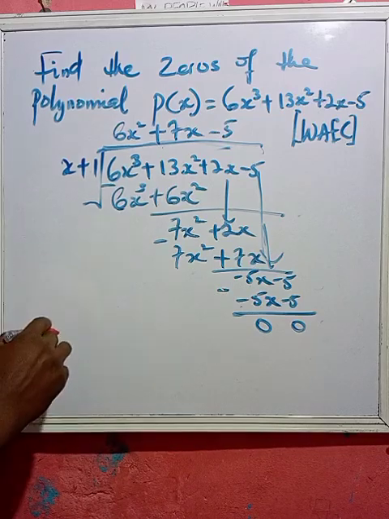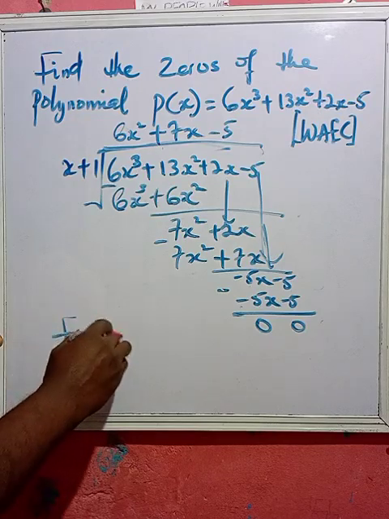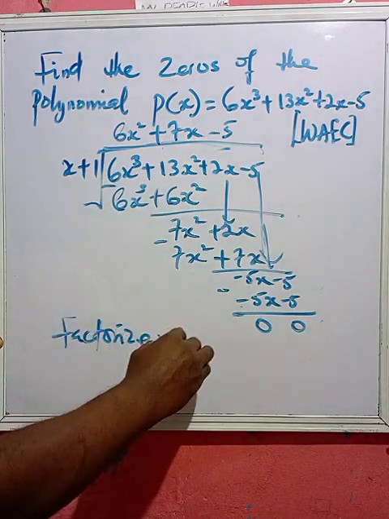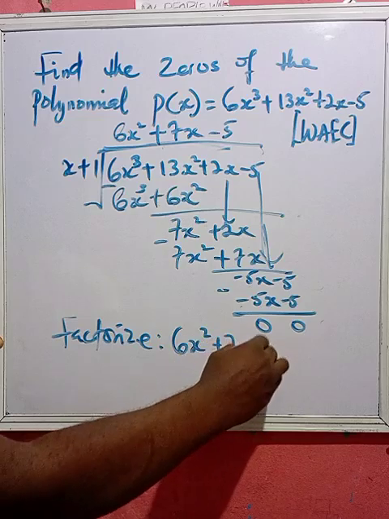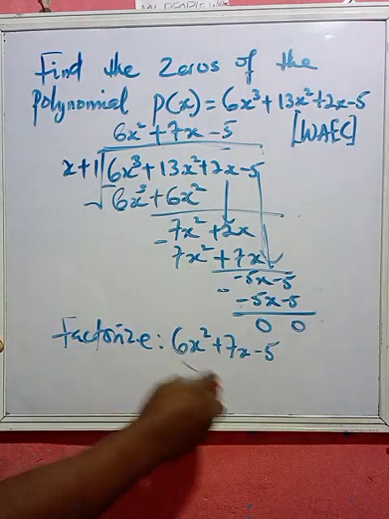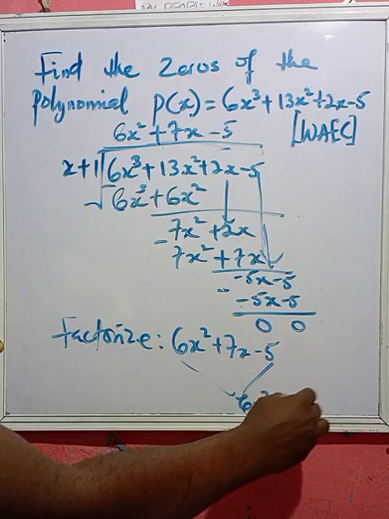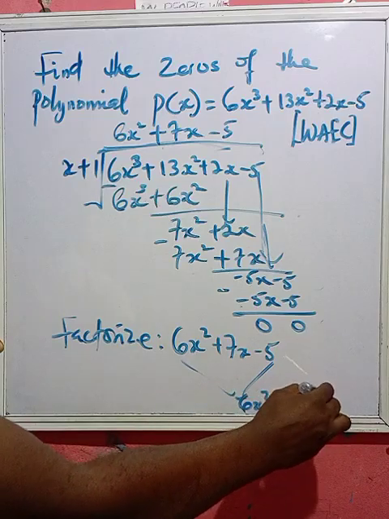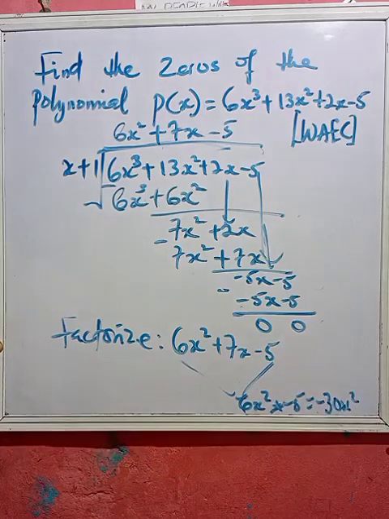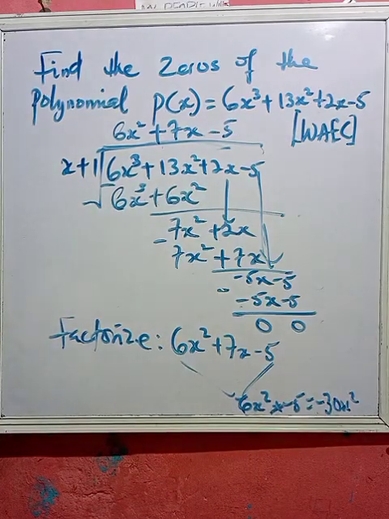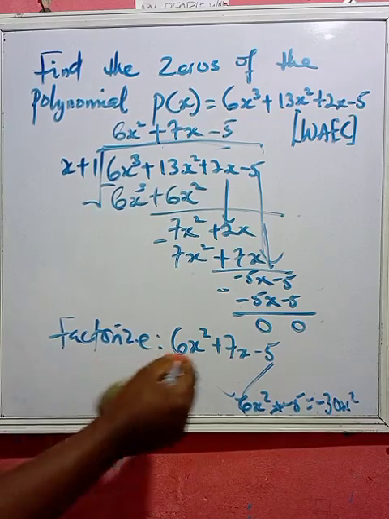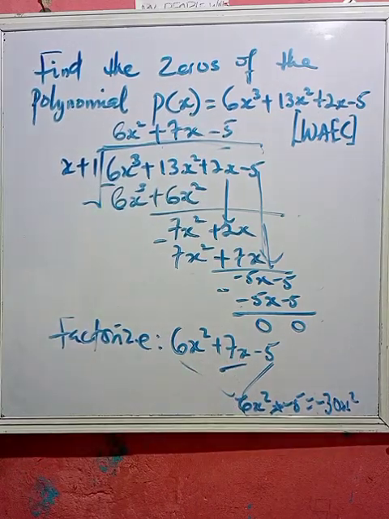Now we have to factorize. We have 3 steps to this question. We have to now factorize 6x squared plus 7x minus 5. How do we factorize? We just look for the product of the roots. That will be 6x squared times minus 5, and that will give me minus 30x squared. So we look for 2 values which, when we multiply, we get minus 30x squared, and if we add up or subtract, we get the middle term, which is 7x. So let's rub off this other part again,